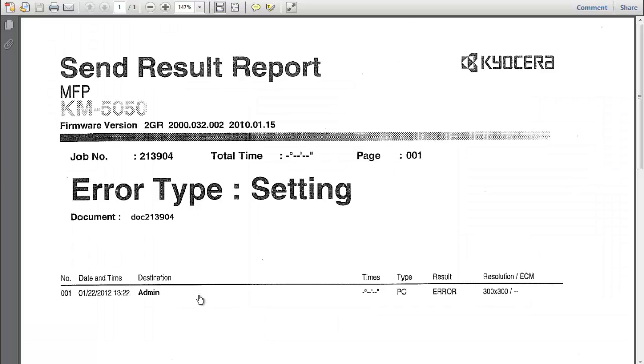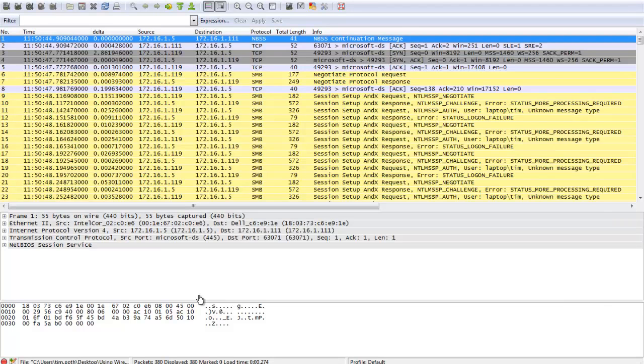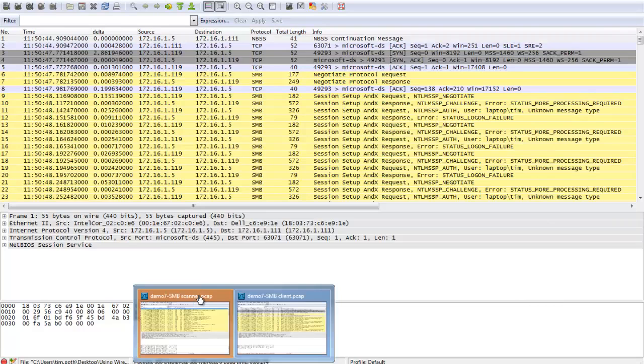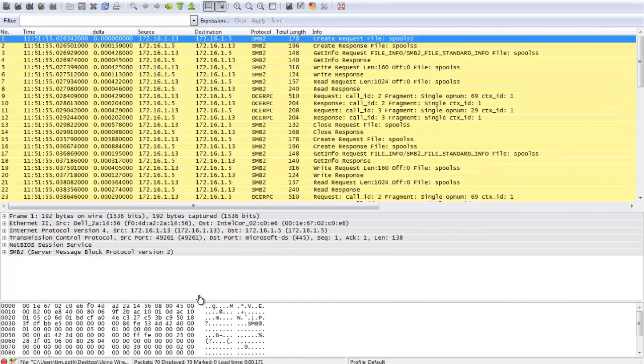So we'll go ahead and start out. This is the error message we were getting back. Nothing terribly helpful. So we'll start off with the scanner request. When we have a good request and a bad request, it can sometimes be difficult to figure out where things are going wrong. So it's usually helpful to start on the bad request because it's usually shorter. There's usually some sort of error message that you can key on,